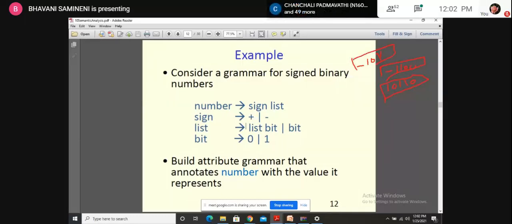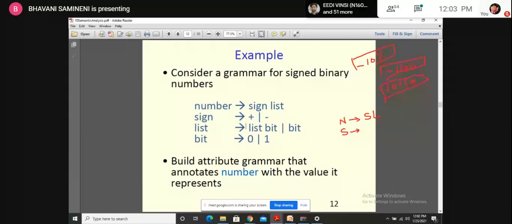So this is the CFG here. Initially, I am taking one variable, that is N. Generally, we will be writing like this, where N refers to the binary number, and this N is going to have positive numbers or negative numbers. So I'll be writing it with two variables, one is S and the other is L. The first, S, is for sign, whether it is positive or negative, and L refers to the series of bits.